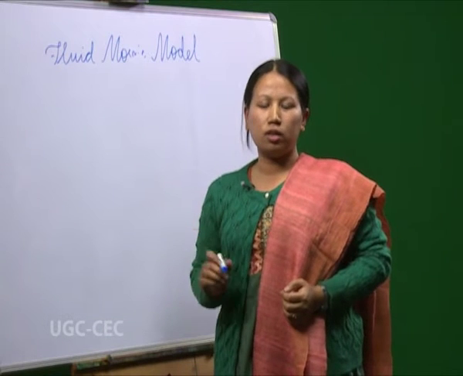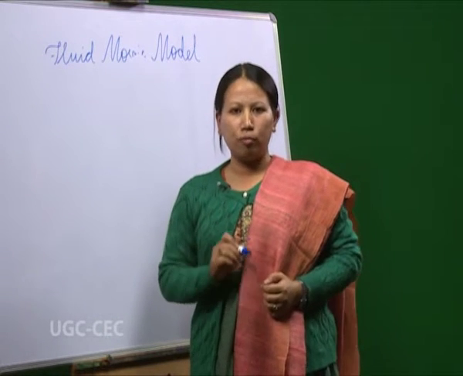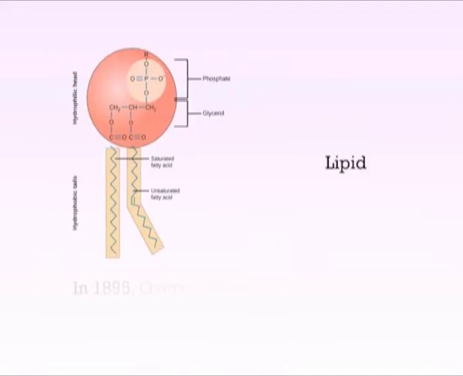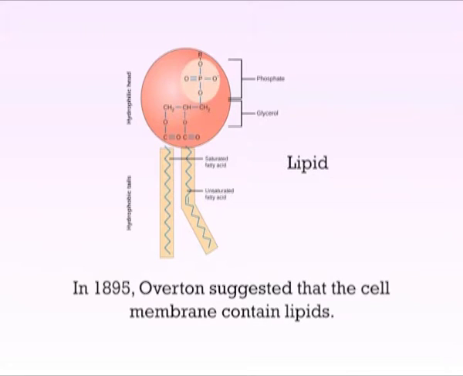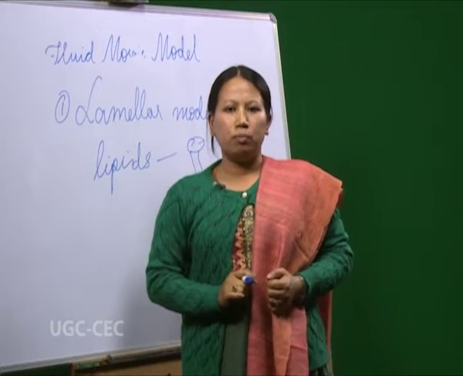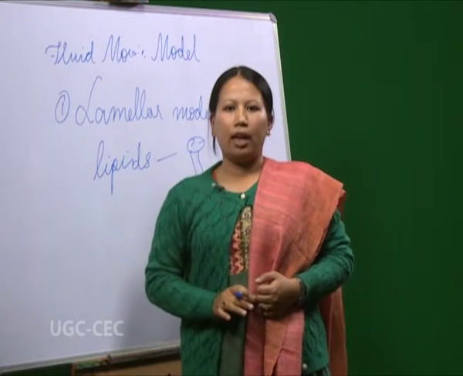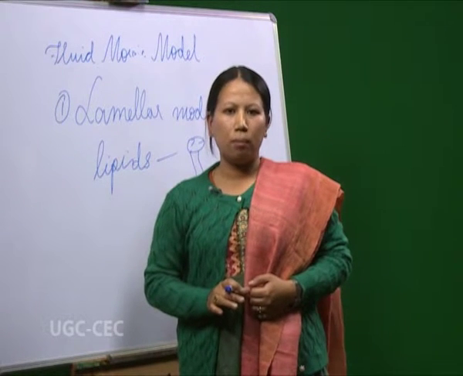Let's see one by one about the various models of membrane structure. First, we'll see the lamellar model. In 1895, Overton suggested that cell membrane contains lipids. This conclusion was based on the fact that fat solvent dissolves the membrane easily and fat-soluble substances pass easily through